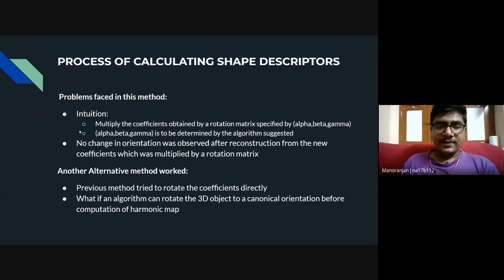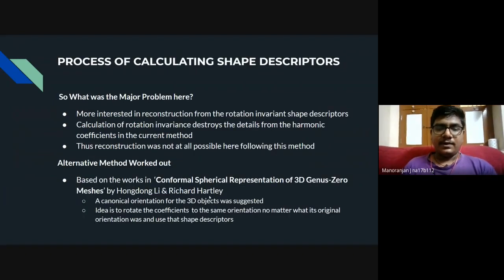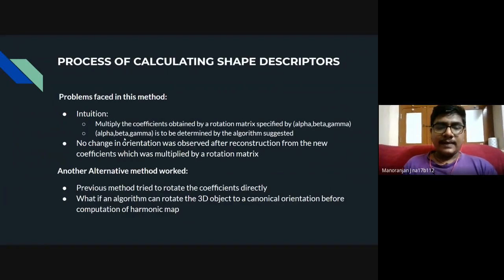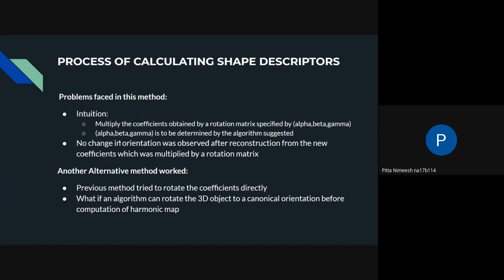That is given in this research paper basically. In this research paper that I talked about, they are rotating the coefficients based upon alpha, beta, gamma. And this alpha, beta, gamma will be varying for different orientations of that object, and that will be computed. We will be trying to fix, say, 4 to 5 coefficients, the first, second, and third.